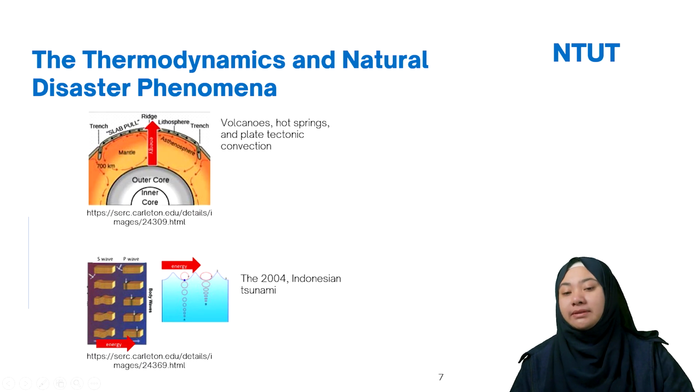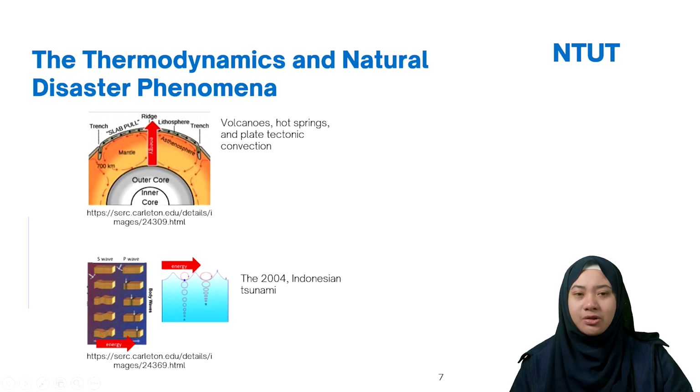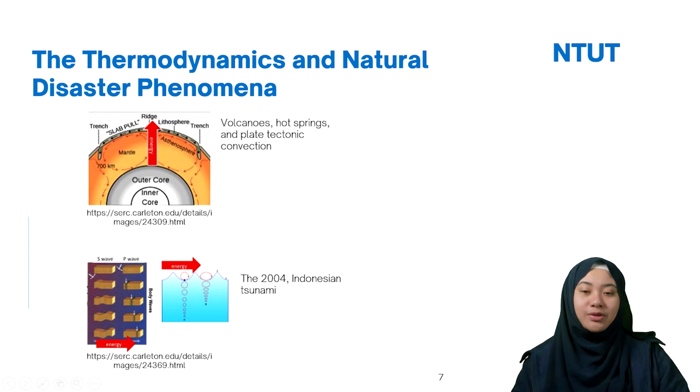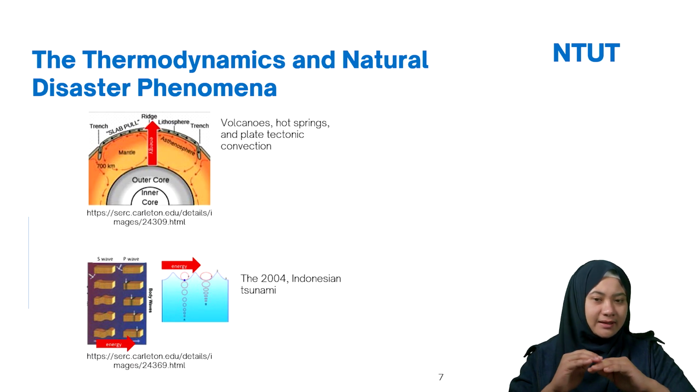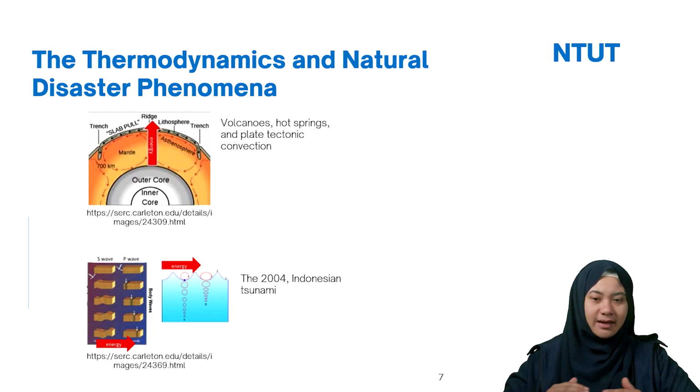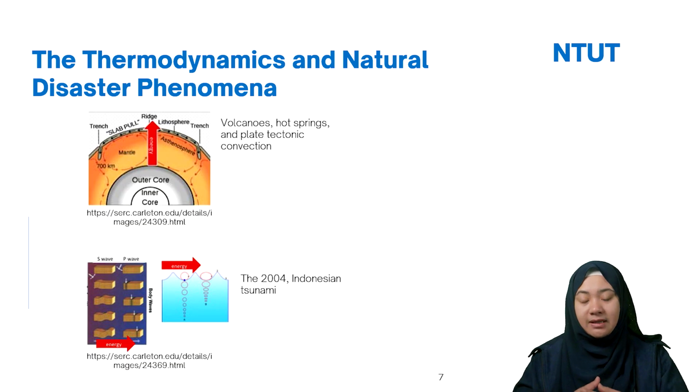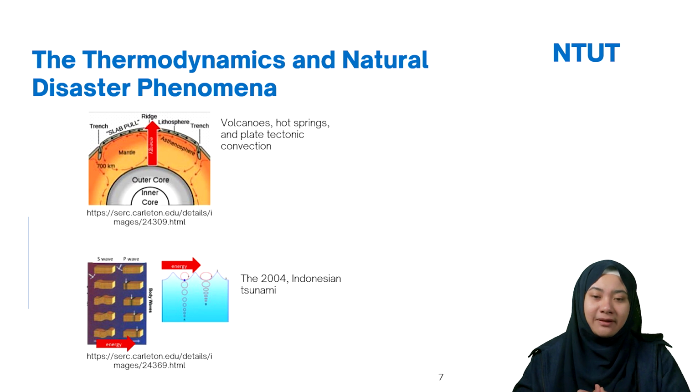Another example, I believe that thermodynamics also occurs in natural disasters. I give the example of volcanoes. You know volcanoes, right? I just saw last year we had volcanoes in Indonesia. At that time you see the process itself, from the core of the earth, the excess heat goes up. So this is volcanoes. Like hot springs in Beitou, you go and enjoy the hot spring. This is actually from the heat moving.